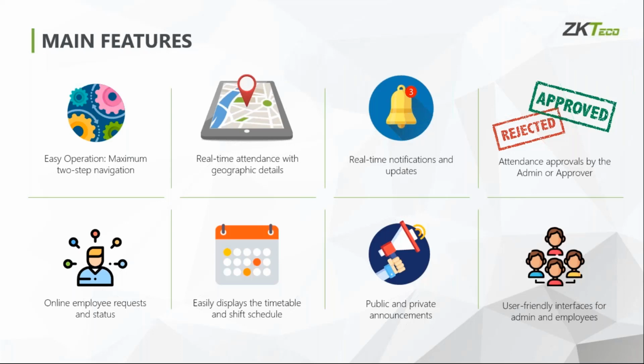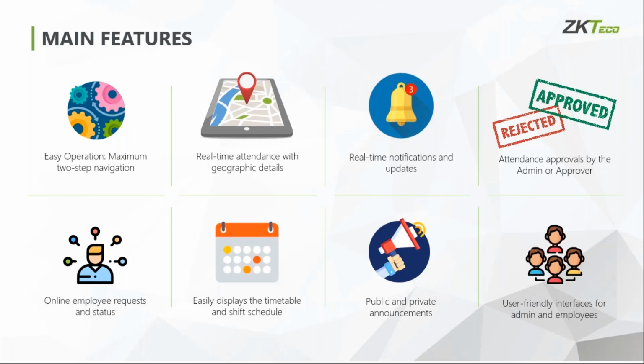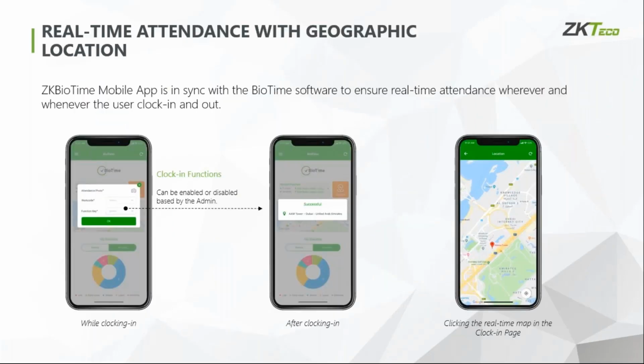And this is some explanation of the main features. Real-time attendance with the geographic location. Once we provide the attendance for moving employees, it should be considered an accurate one. So for that, whenever they punch, the GPS in the mobile should be turned on and it is linked to the attendance punch. Once they click clock in, it will give you three options,